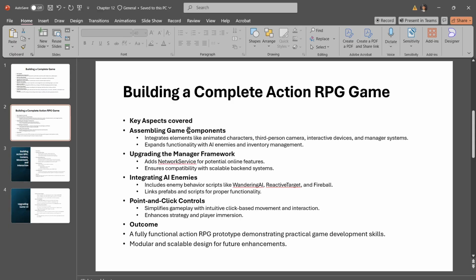So there are a few enhancements that we will be doing. Elements from other topics are integrated to expand the functionality. For example, AI enemies and inventory management systems are added to create a richer gameplay experience. And upgrading the manager framework. So the manager systems